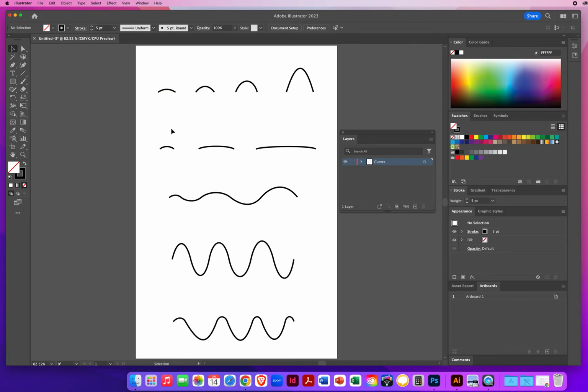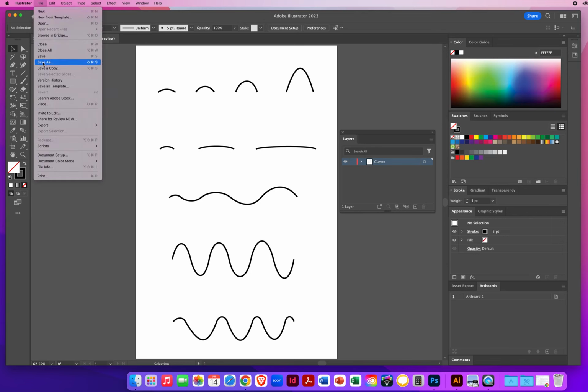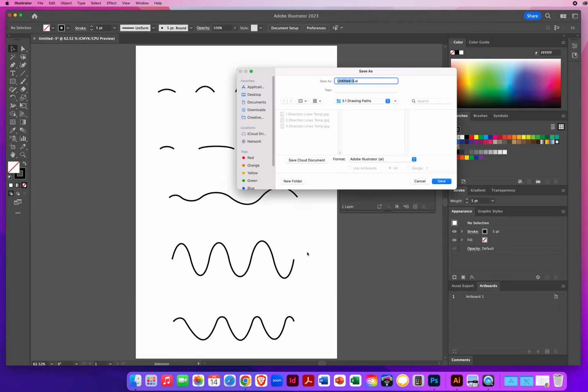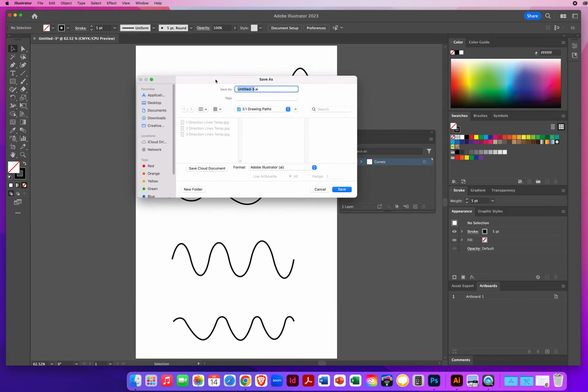Once an Illustrator file is done, you're going to go to File menu, Save, or Save As. You don't have to go to Save a Copy. This is different than Adobe Photoshop. So here, I'll just go to File, Save As. Save it as what? Well, I'm going to save it on my computer. I don't want to save to Creative Cloud. I'll save it on my computer. Then I'm going to name it just like I do files from Photoshop. Last name, first name. We'll call this